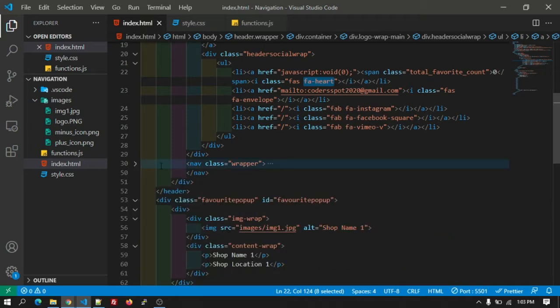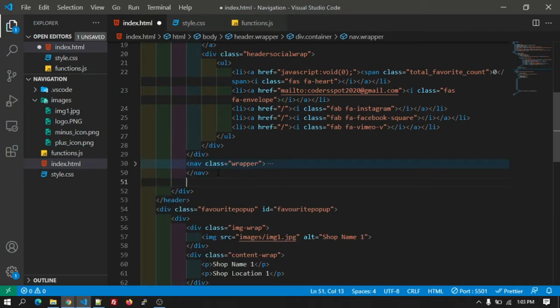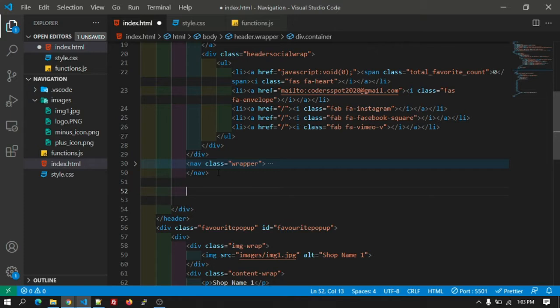After the navigation tag, we are going to create the mobile menu.